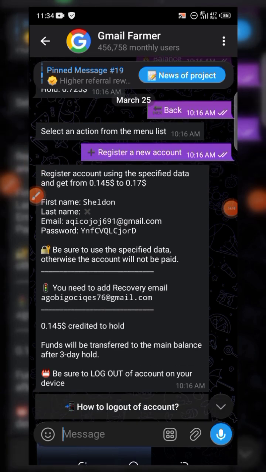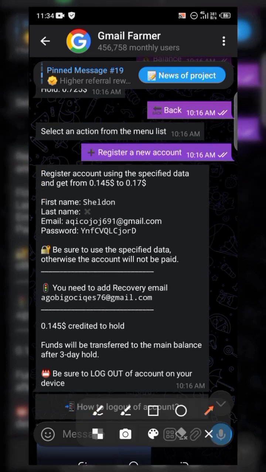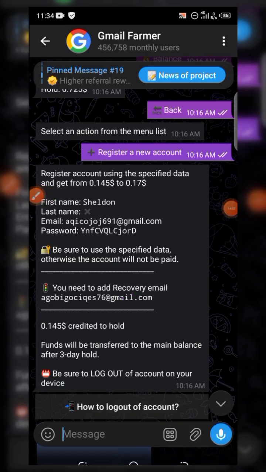So this is an example of what I'm saying. Yes, this one, you need to add a recovery email. For this one I created some time ago, so the message will be displayed here. Then you earn 0.145 credits for every email you successfully created, and once it has been successfully verified, you need